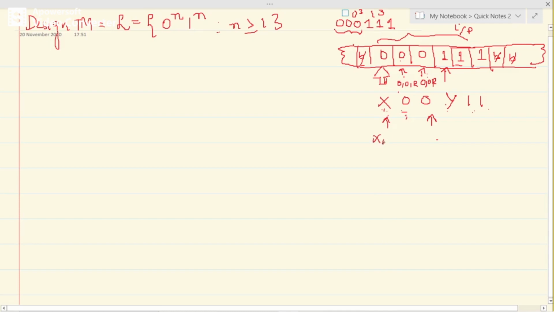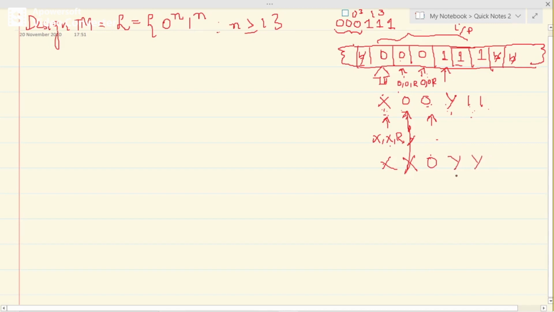Then give an instruction to the read write head saying x, x, R. When you say x, x, R, you come to the next 0 that needs to be replaced by x. The same procedure we have done here needs to be repeated. This 0 needs to be changed to x, this 0 needs to be changed to x, and then until you get this 1. Whenever you get 0, you shift to the right. Even if you get y, you shift to the right, and then change this 1